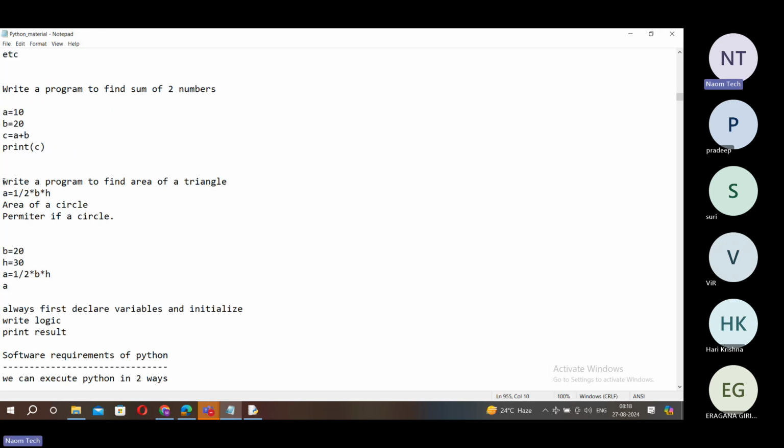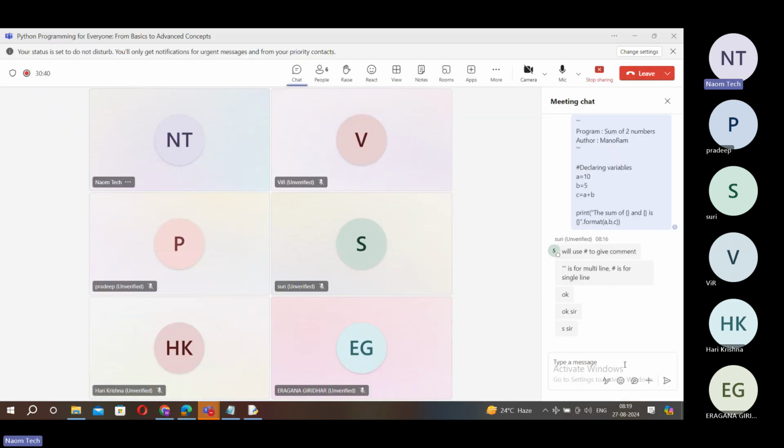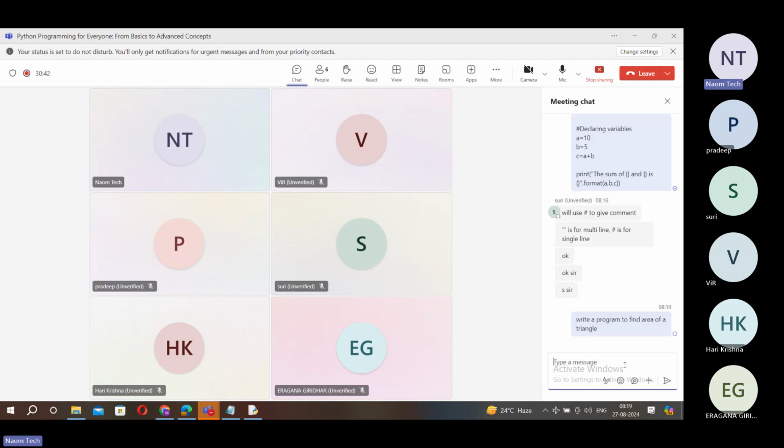Why don't we have a quick practice? Another program is a program to find the area of a triangle. Let's try this. So try this program, because we need to do big automations. If you want to implement much more complex automations, you should start and practice it properly. That is very important. Do it while you are in the class itself. And still, if you have issues, don't hesitate to discuss with me or clarify your doubts. Okay,